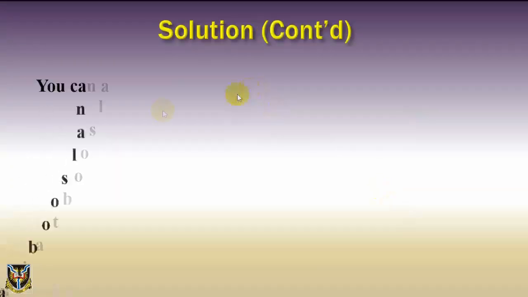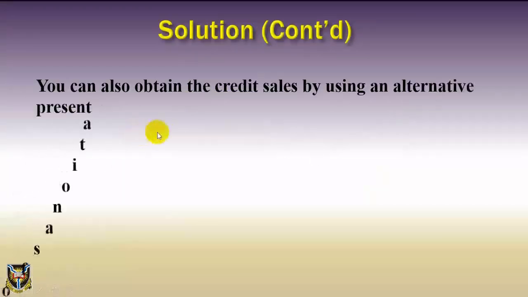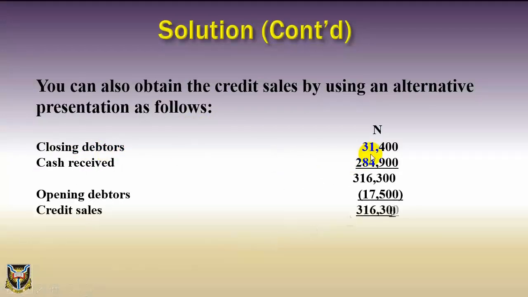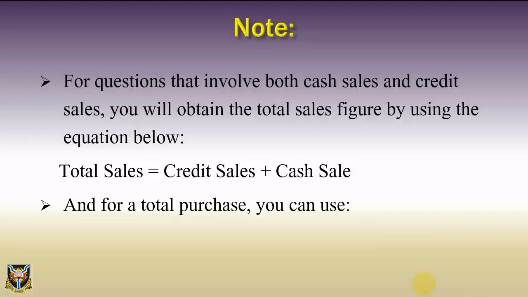You can also obtain the credit sales by using an alternative presentation as follows. Closing debtors in Naira, 31,400. Cash received, 284,900. Total, 316,300. Opening debtors, 17,500. Credit sales, 298,800. Note: for questions that involve both cash sales and credit sales, you will obtain the total sales figure by